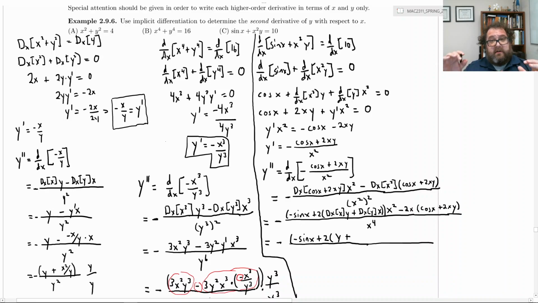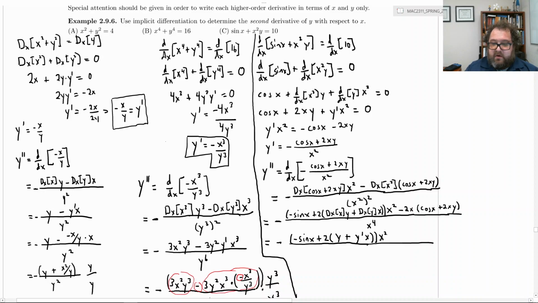So imagine you have an outside function x to the first power with the inside function of y. The derivative of a variable to the first power is just 1, so it's a constant. You evaluate at y, you still just get that constant 1, but you have to multiply by the derivative of the inside function, y prime. So we get y prime times the x that was already there,